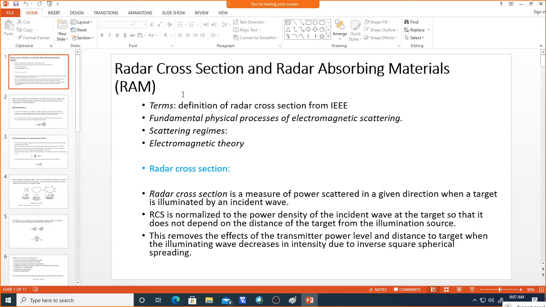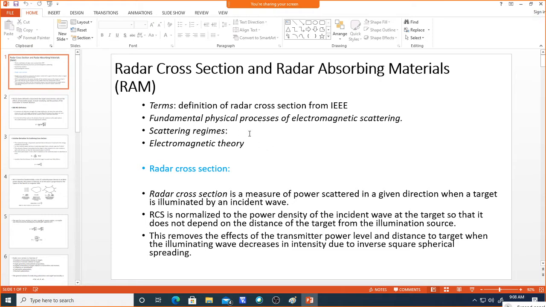And also, in order to find the radar cross section, the basic phenomenon behind the target detection is electromagnetic scattering. The scattering may be uniform or non-uniform based on the target shape. So we need to know what all the processes involved in the electromagnetic scattering are, whether it will scatter in a uniform fashion or a non-uniform fashion. And we have to see how to detect the target when uniform scattering happens, and how to detect the target when non-uniform scattering happens. All these processes we need to know.